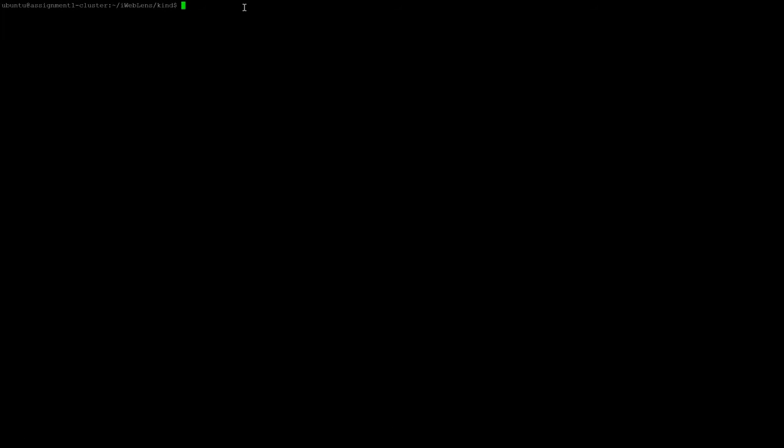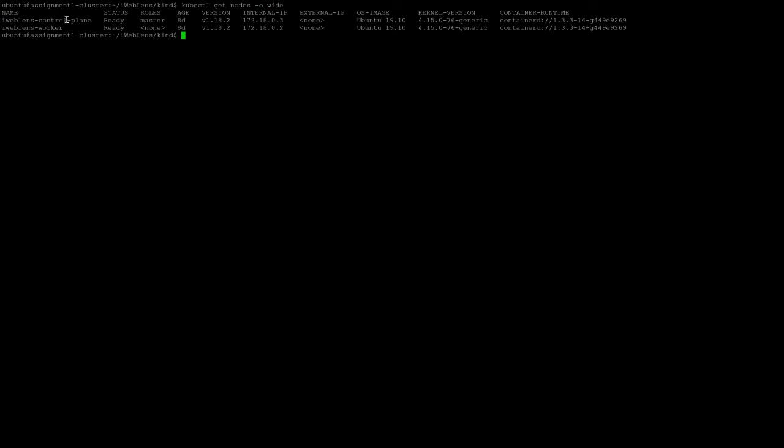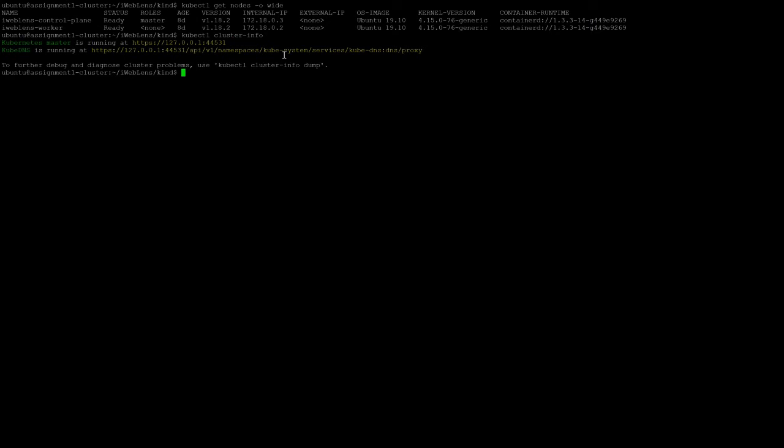We can see the nodes of the cluster by using this command, to then see that there is the control node and there is the worker node as required. kubectl cluster-info then gives the IP and port that the cluster is running on, and it also shows the location of the DNS server. We can then see the deployment,